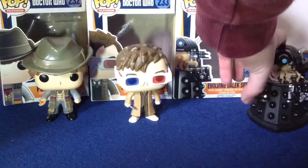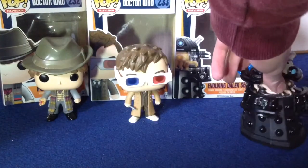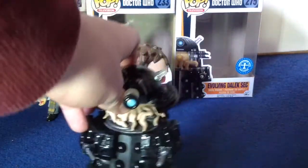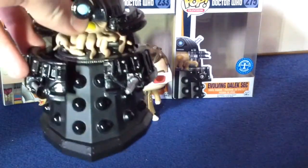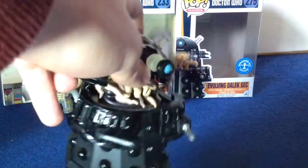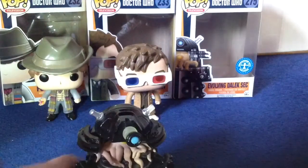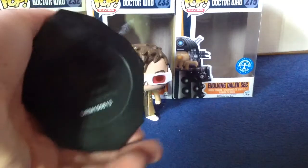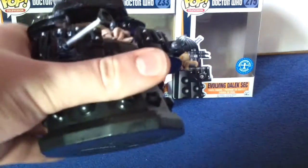And now we have quite possibly my favourite Funko Pop, apart from the Godzilla one. This is definitely up there with my favourites. The Evolving Dalek Sec. Oh my god, does this thing look awesome. Look at him. He looks so cool. And he's a really heavy figure. He's a lot more heavy than your standard Pop. And he